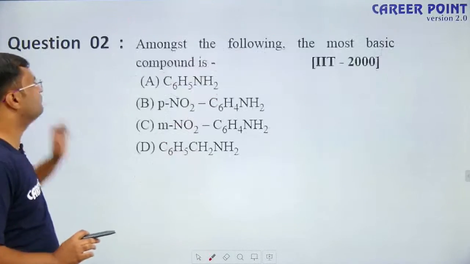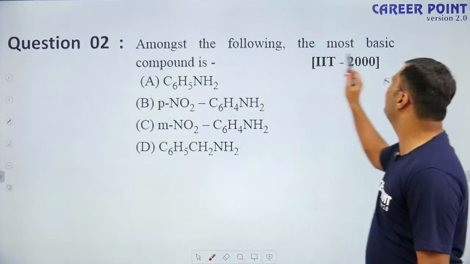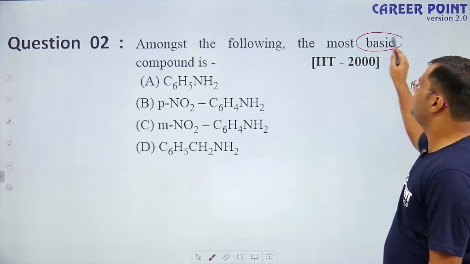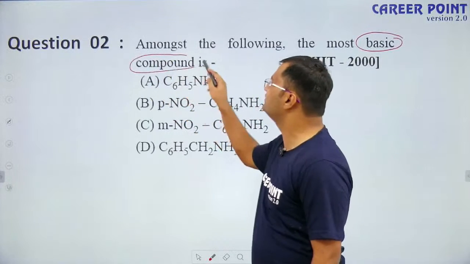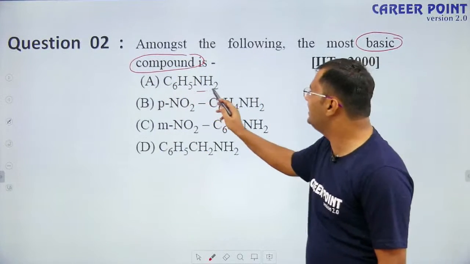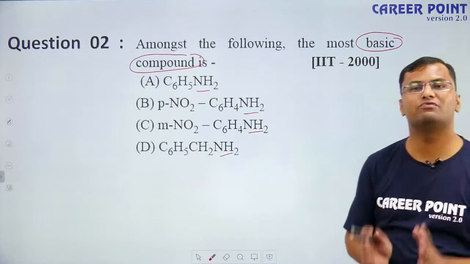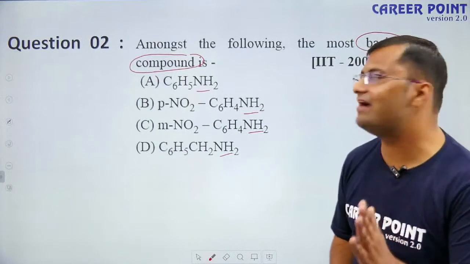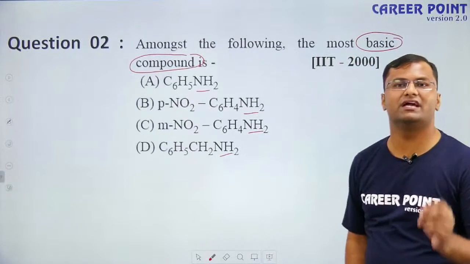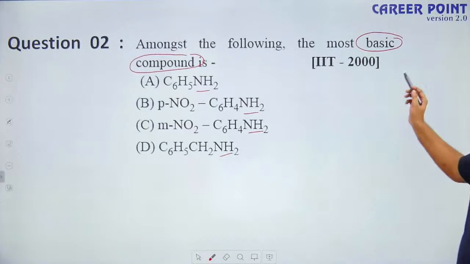Clear? Now we will move further to question number 2. You have to find out among the following the most basic compound. You have to find out the most basic compound among all. Clear? All have an aniline group, NH2, NH2, NH2. And you have to find out which one is the most basic compound. Clear? Now, what will we do? First, we will write